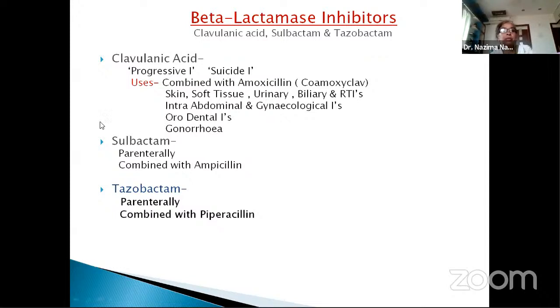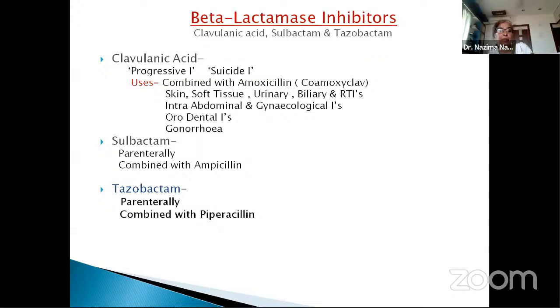It is used in a large number of infections like skin infections, soft tissue, urinary, biliary, and respiratory tract infections. Also, intra-abdominal, gynecological, and also in orodental infections, gonorrhea. So the uses of this combination are multiple, and of course, this drug is quite frequently